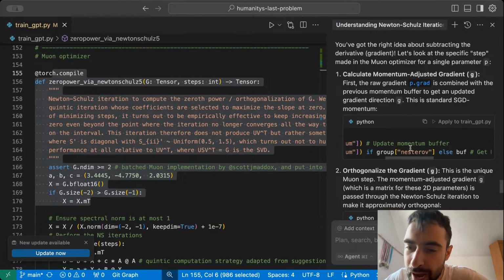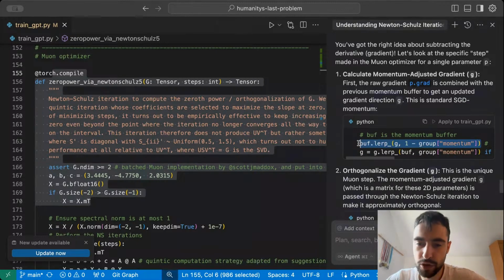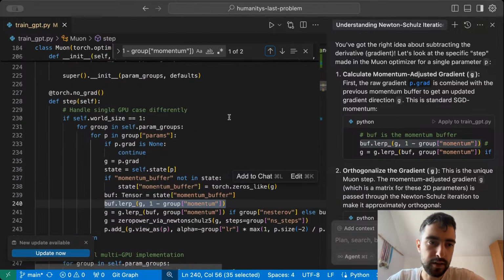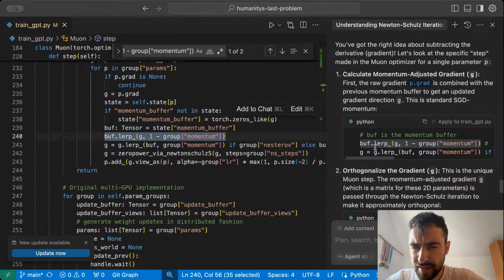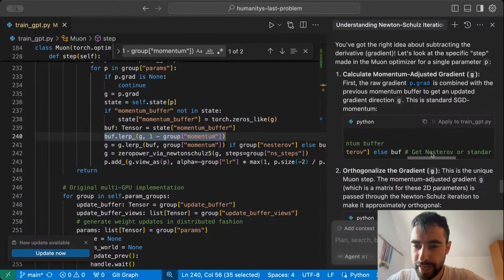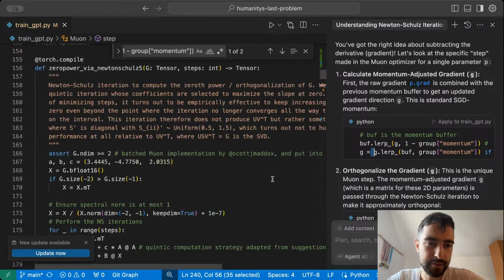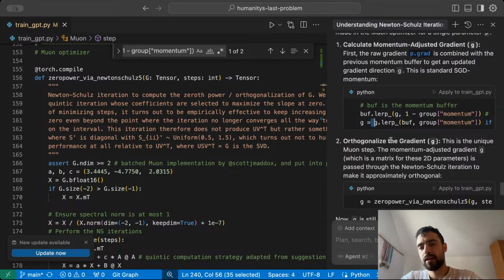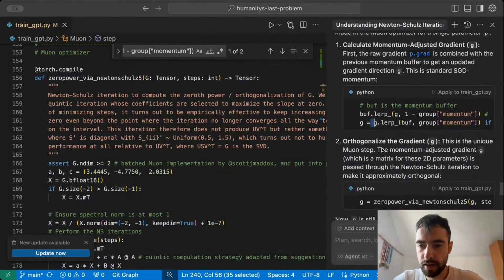What is this? Update momentum buffer. Do I actually have this in my code? Yeah, I do. And what does it do? I don't know. I guess we'll look into this later when we get to this part, which is very close. Orthogonalize the gradient G. This is the unique Muon step. The momentum adjusted gradient G,